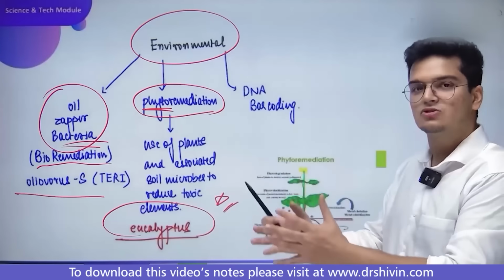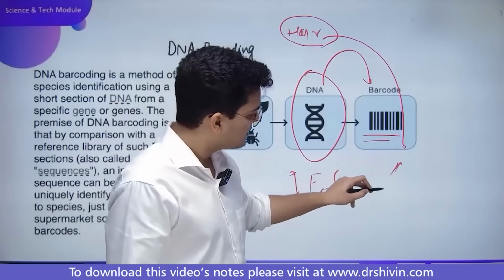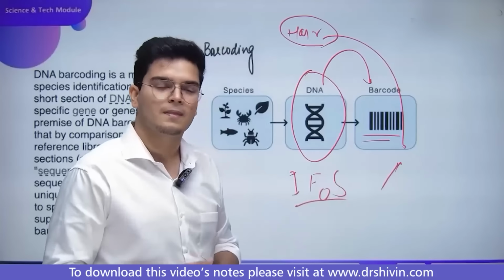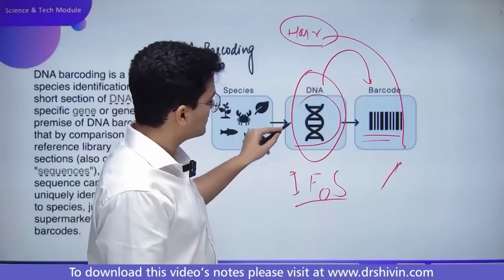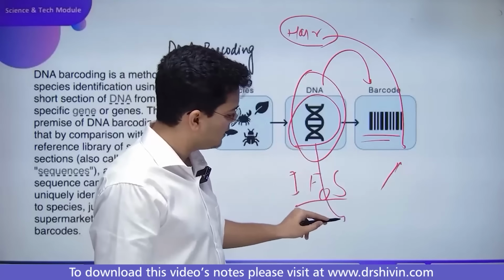Now you don't know ये कौन से एनिमल का है. तो आपने क्या किया, इसका डीएनए एक्सट्रैक्ट किया. हेयर में भी डीएनए होता है, हर जगह डीएनए होता है, एवरी सेल हैज डीएनए. तो आपने क्या किया, इसका एक्सट्रैक्ट किया डीएनए. आपने उस फॉरेस्ट में जितने भी प्लांट्स रहते थे, जितने भी एनिमल्स रहते थे, उन सब का डीएनए बारकोड बना